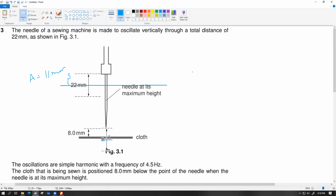This is how the needle is going to move. It's going to penetrate through the cloth up to this much depth and then rise up. The tip of the needle is 8 millimeter above the cloth level. So for the needle tip, the equilibrium point would be 3 millimeter below the cloth. So this much gap